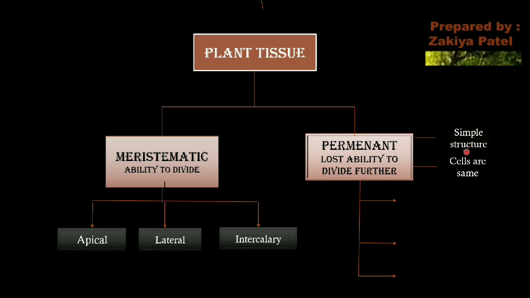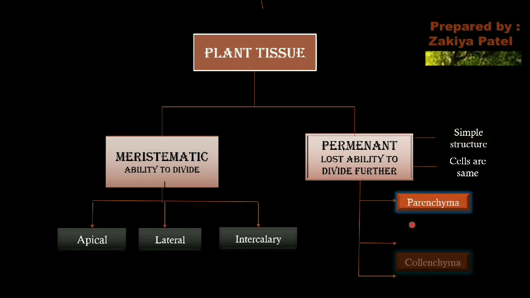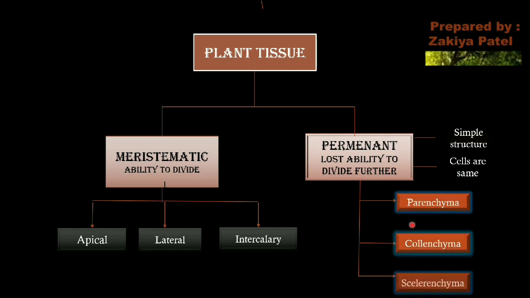Now, which tissues come under the simple permanent tissue? Parenchyma, Collenchyma, and Sclerenchyma. These three tissues are included in the simple permanent tissue. We will learn about these three simple permanent tissues in detail. So first,